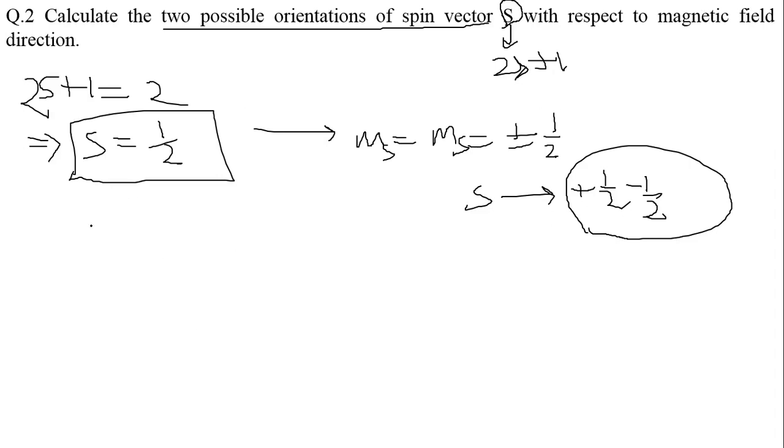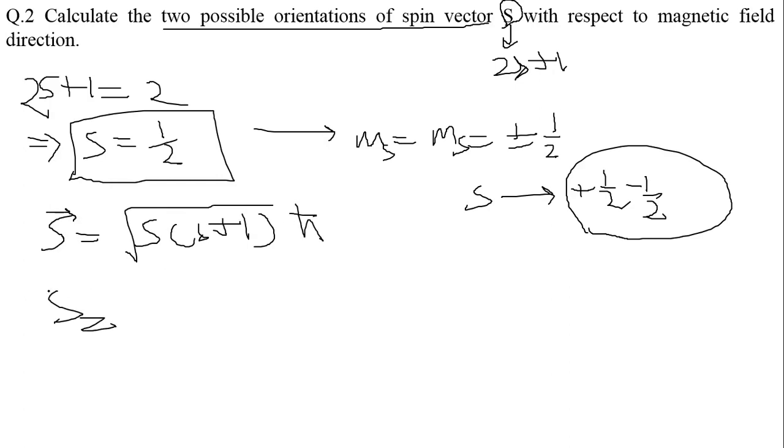So basically, if the S vector is equal to root of s into s plus 1 times h cross, and the z component, which is S_z, the magnitude of S_z is m_s h cross. So if the angle between S and m_s, here due to the angle between the applied magnetic field, because the magnetic field applied is in the z direction, so the B vector is in the z direction, but the spin